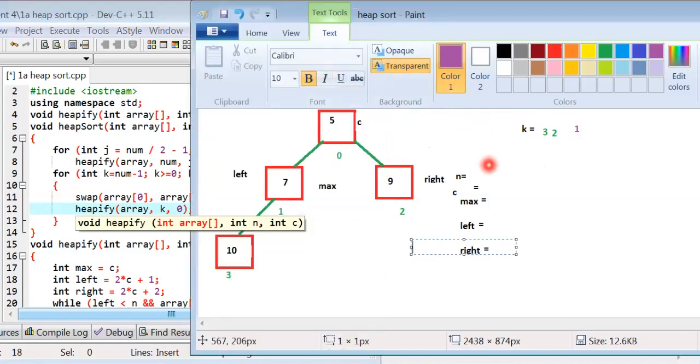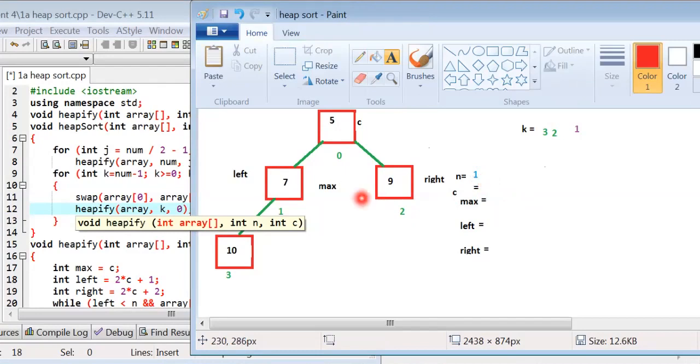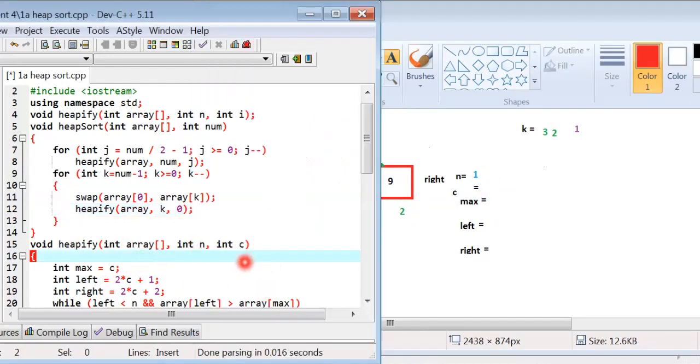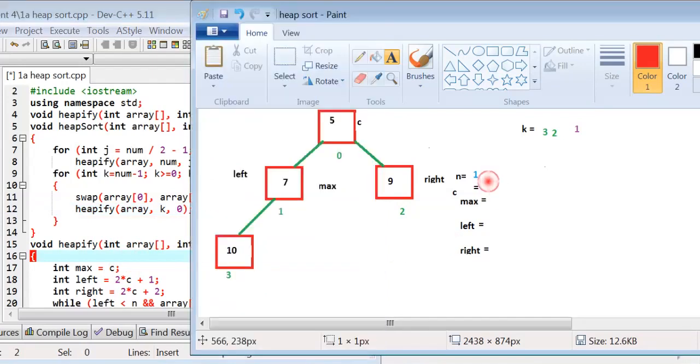Now the value of n is 1 and c value is 0. The value of c is 0.